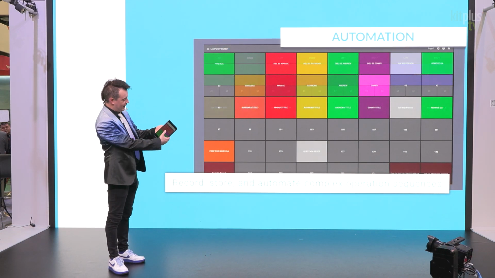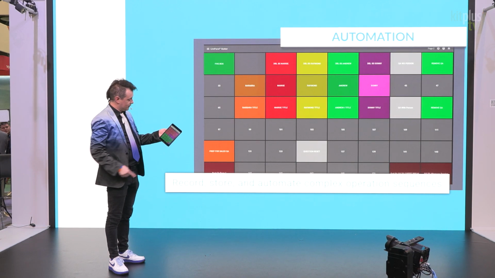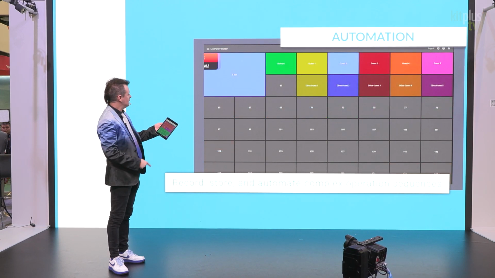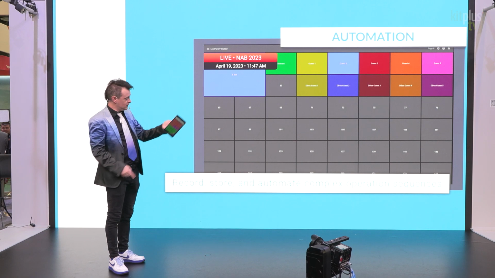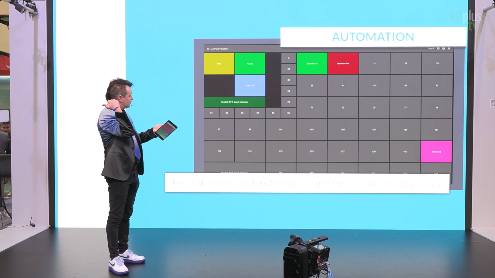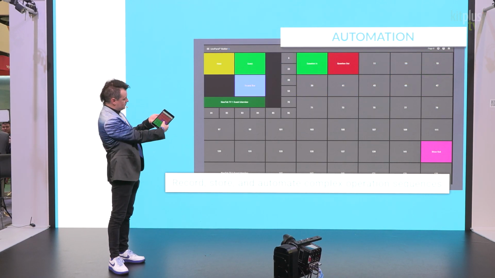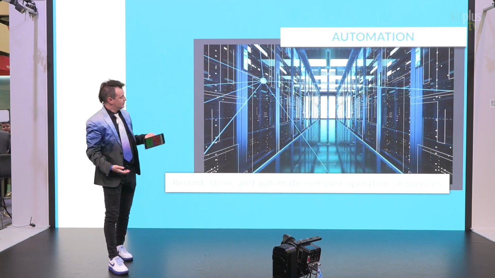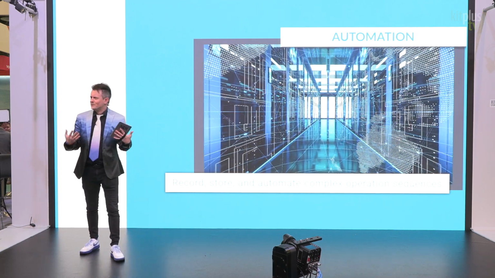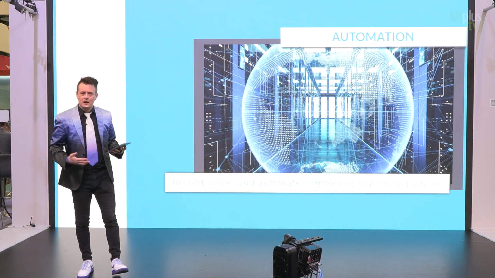So for example, I have a few macros that are built into my Live Panel here, and if I press this button, I have a graphic come up on screen, press it again, it's gone. I have another one here. I click on that, it'll queue up a video. Now those are kind of simple macros to help enhance your show.